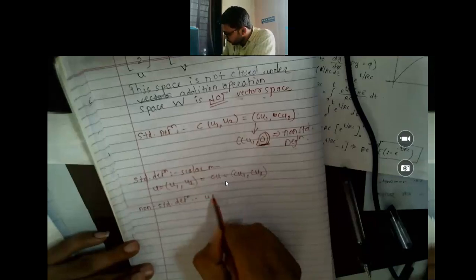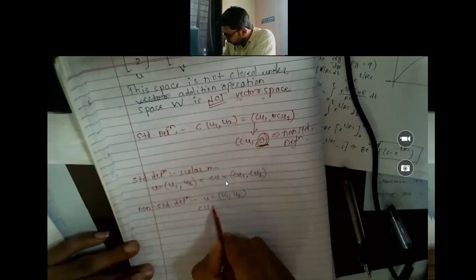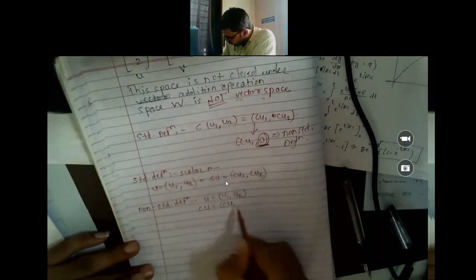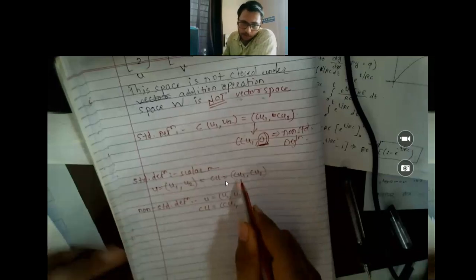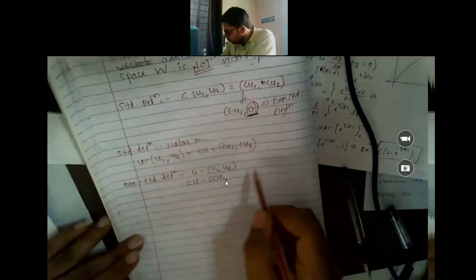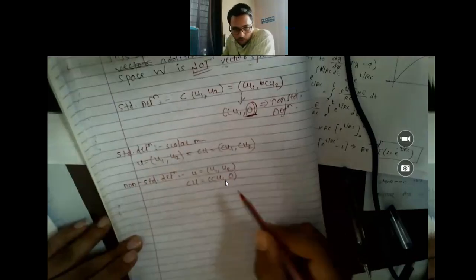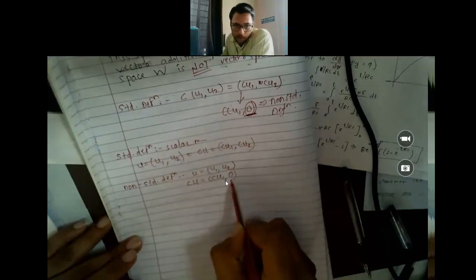If u is (u1, u2), then cu will be (cu1, ...). This part is okay, because the standard definition is also telling us the first element of the result after multiplying by c will be cu1. But the next result is 0. So whatever there is, the second element should be 0 after multiplying by scalar c.